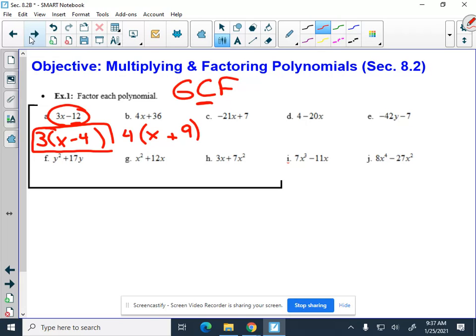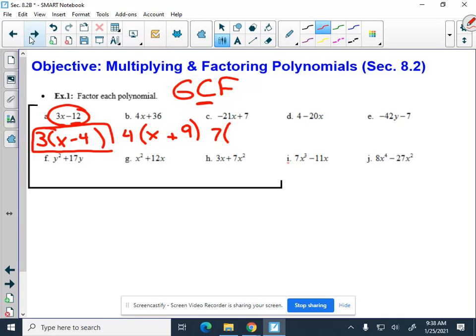All right, this next one. Now, when there are negatives involved, it's okay if you take out the negative. It's okay if you don't. This one, I'm going to simply, whoops, not 3. I'm going to take out 7. 3, I can't divide 7 by 3. But I can divide both of these. I can divide them both by 7. So I'm going to factor out